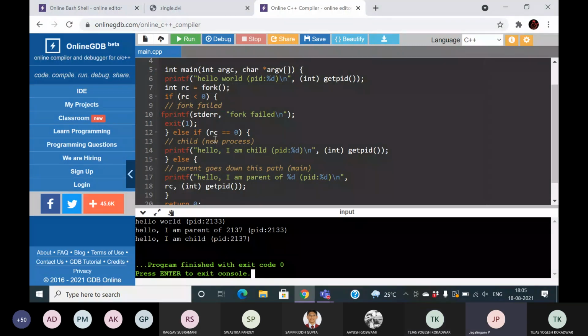Yes, sir. Every time if you run, the process ID definitely will change. When you try multiple times, did your process ID change or remain the same? It changed. Okay, that is a good observation. Good. Now, why does this happen? How does this execution happen? Good, I appreciate it.